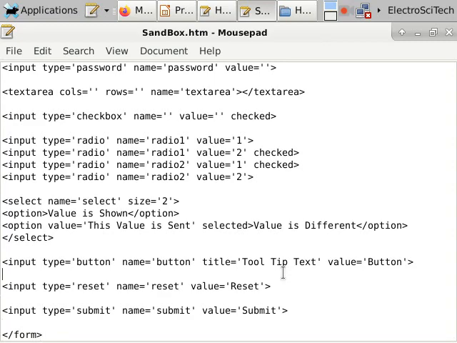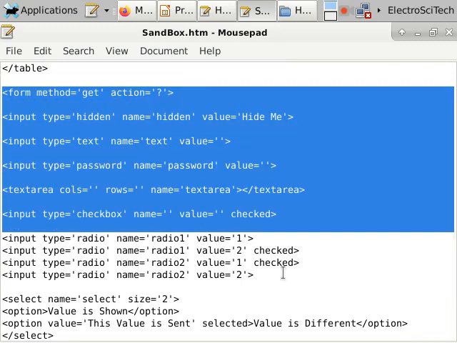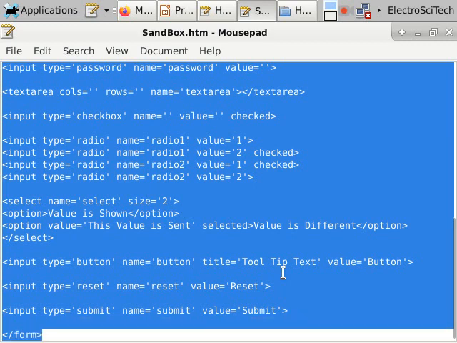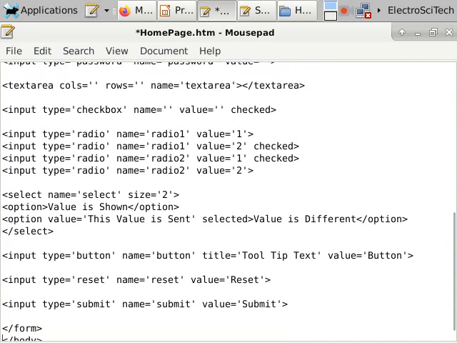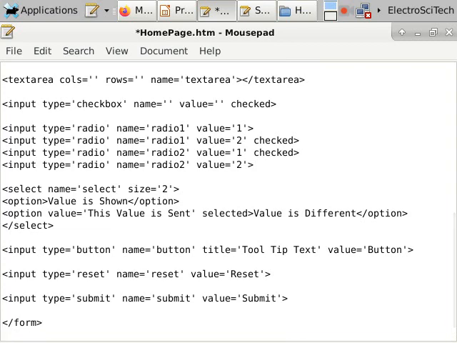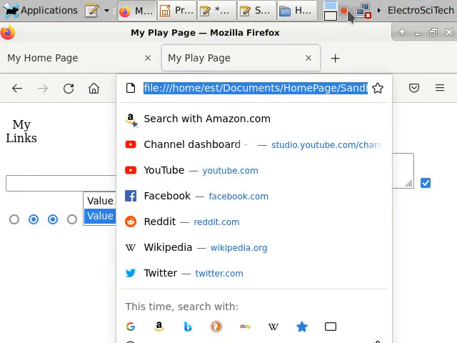Now we're going to look at one other little thing, because remember we created that search box down there for my home page. So I'm going to do one other thing before I close this out, and I'm going to show you how to put a search box on your home page, custom to what you like to do. We're going to get back on over here because we're done with the play page, but I don't have the internet connection, so I can't really show you